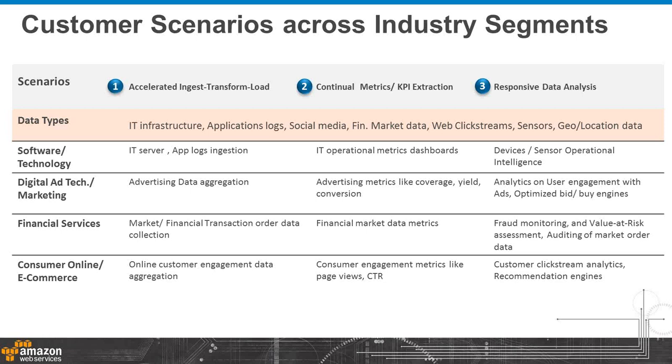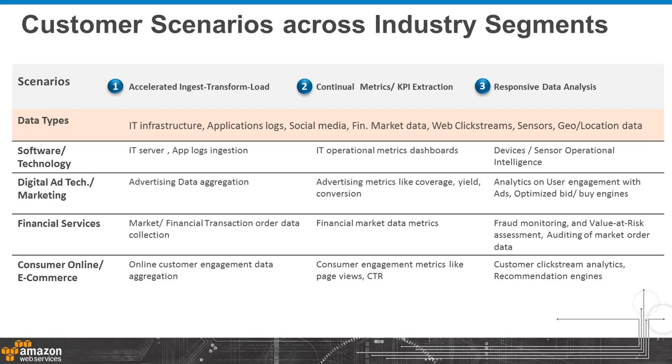In the financial services space, there would be a desire to create these metrics related to actual trades being executed in the marketplace, and to do so in a continuous new real-time fashion. In the consumer online space, the same data that has been aggregated and ingested will be transformed to extract metrics like how many page views, how many visitors, how many click-throughs, how many clicks did a given website component get.